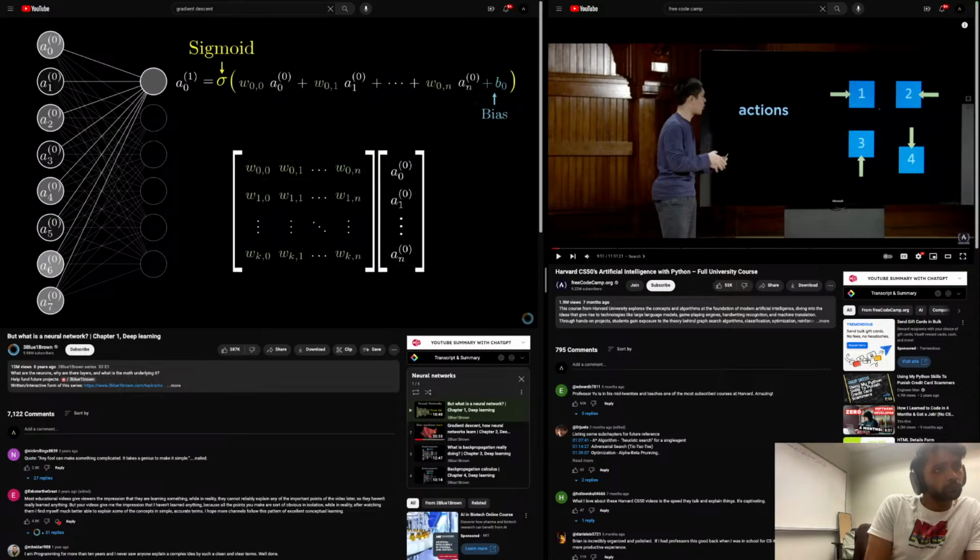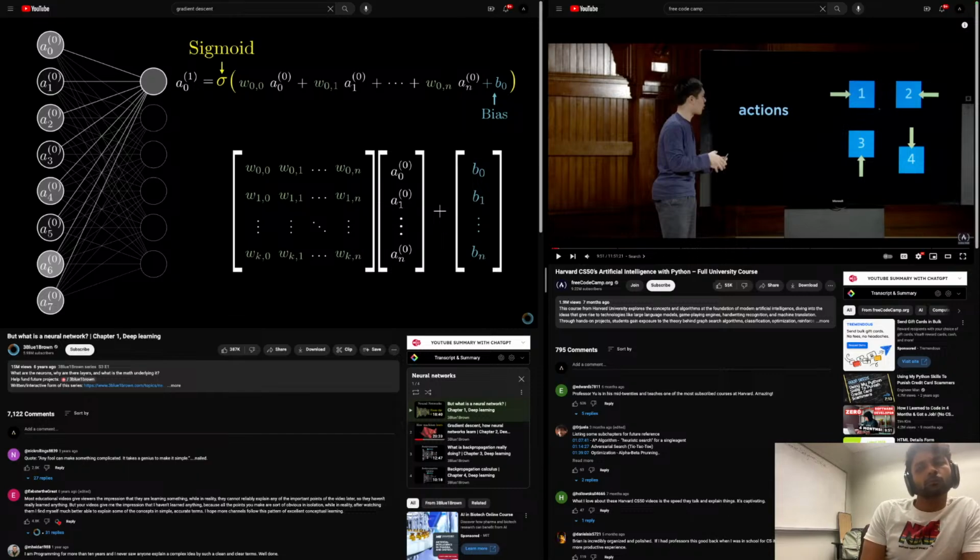Back to our expression, instead of talking about adding the bias to each one of these values independently, we represent it by organizing all those biases into a vector and adding the entire vector to the previous matrix vector product. Then as a final